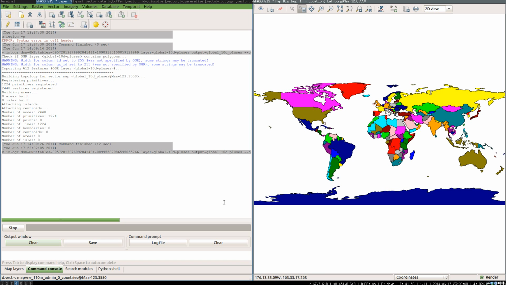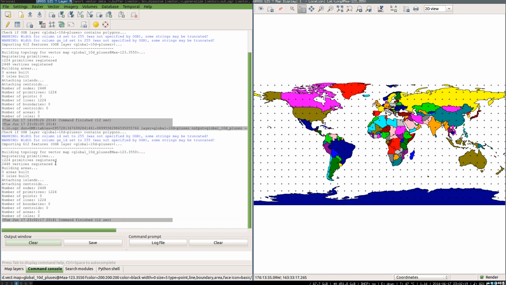Here we can see the command running, and it's checking if it contains polygons now. Oh, this was from a previous run actually. Here we have it. It found 1224 primitives, 2448 nodes, which are these pluses, and as you can see, it uploaded them here. And the nice thing here is that I'm not running with the Mercator projection, which you can clearly see from the pluses, since they are not stretched,